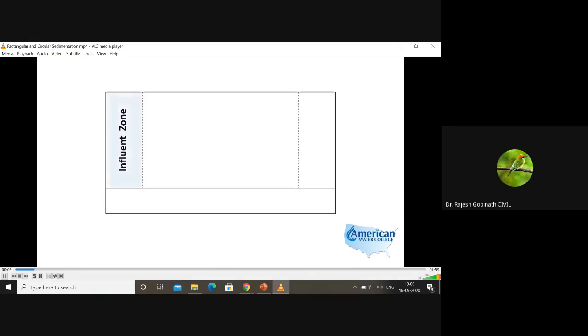Let's recap once again. The first zone of a rectangular sedimentation basin is the influent zone, and this is where water enters the tank. As the water moves through the tank, it enters the settling zone. This is where the settling of the particles that will settle out takes place. As explained, in your influent zone, the wastewater enters. It facilitates the uniform entry of wastewater throughout the tank. The settling zone is a quiescent zone wherein the settleable solids are allowed to settle down.